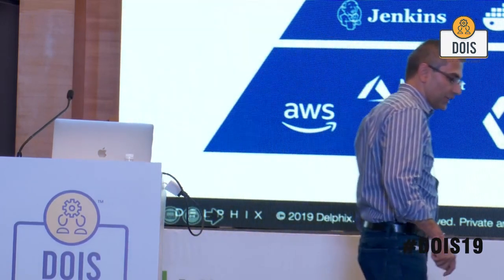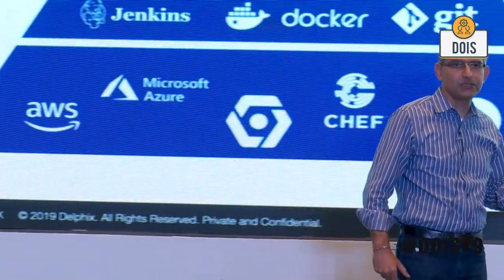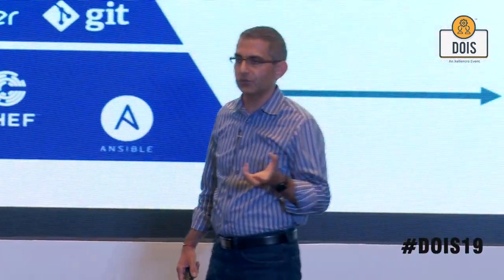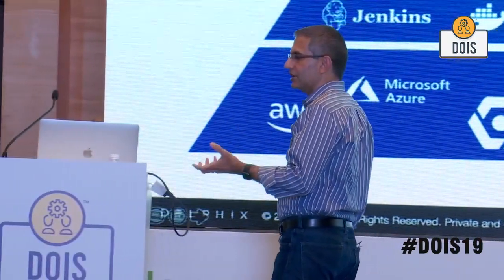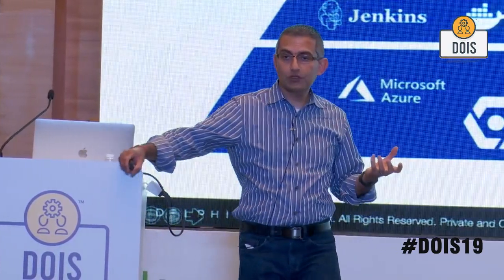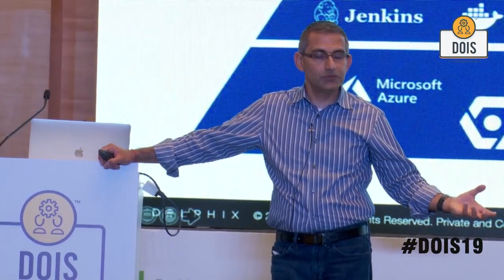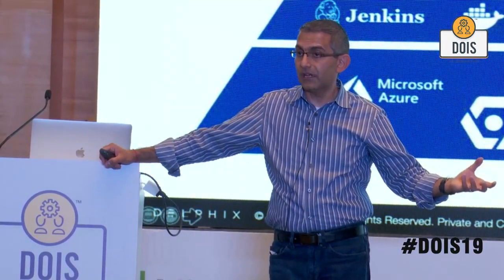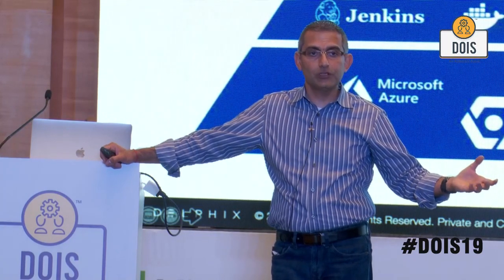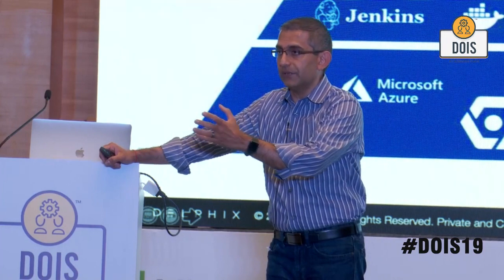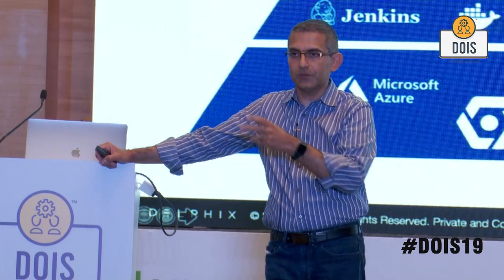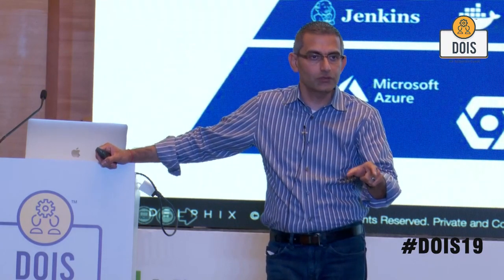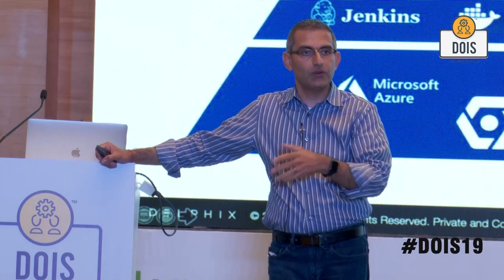What we'll talk about today is this concept of DataOps, which says how do I operationalize my data so I can make it self-service, so I can democratize the availability and accessibility and agility of the data I need. But what does that mean? First of all, I need to be able to manage data like code, which means I should be able to version my data. I need to be able to branch my data. I need to be able to make changes to my data and then undo them and go back to before. So if I'm doing destructive testing and changing the data, I should be able to push a button and say, this test didn't work, let me go back.